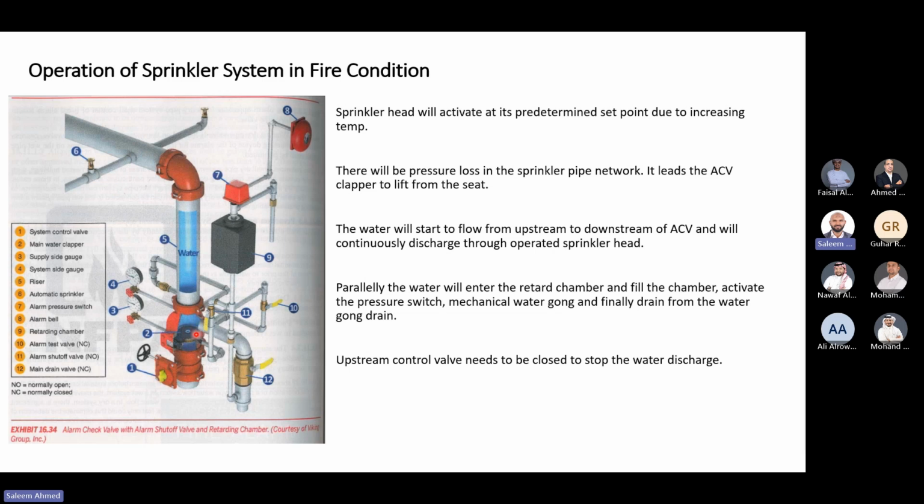Why are we calling this an alarm check valve? When it is operating, it is also giving an alarm. So that is why we call it an alarm check valve. Otherwise, we would call this a normal check valve. Is it clear, Asif? Yes, yes. For this backflow is